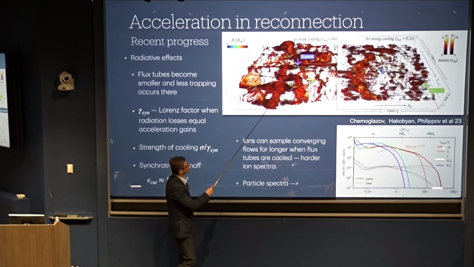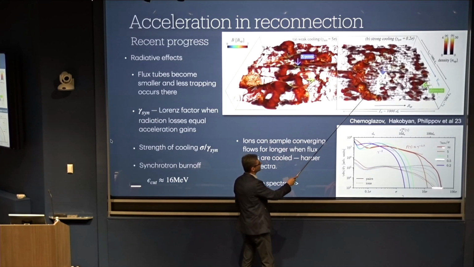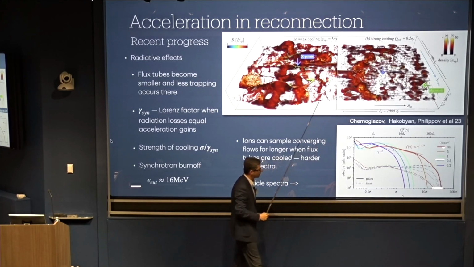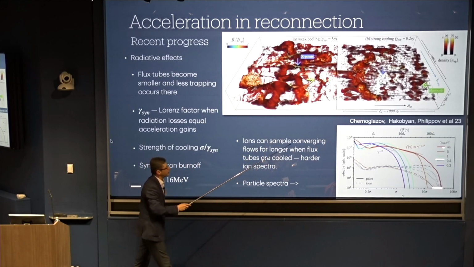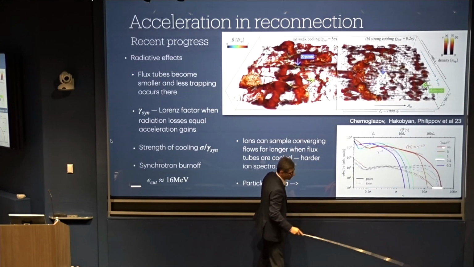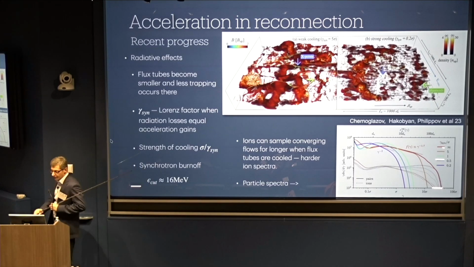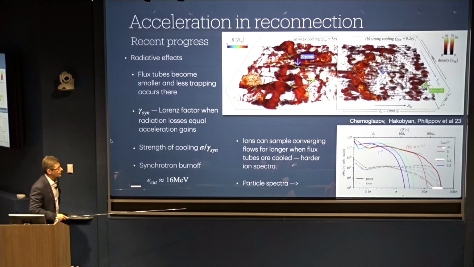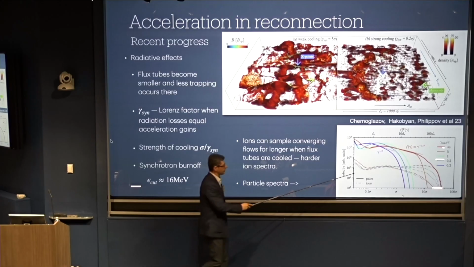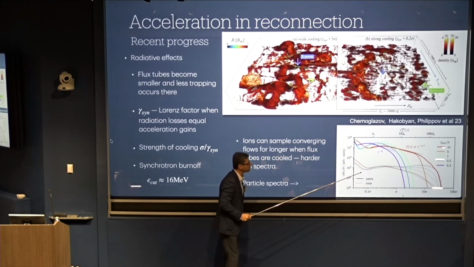You can see that the uncooled simulation produces much fatter plasmoids. The cooled one seems to produce much smaller plasmoids. And it is much easier for particles to not get stuck in the plasmoids and continue accelerating. So in fact, cooling allows some species to get to higher energies and also get flatter spectra. For example, these are the ion spectra with strong cooling. They're actually able to get to higher energies with flatter spectra.